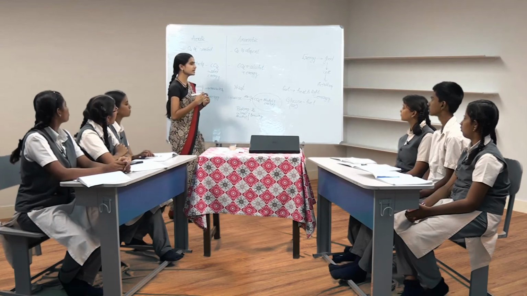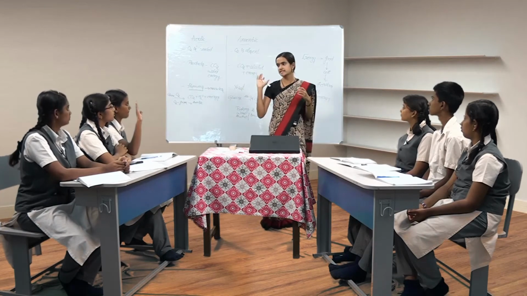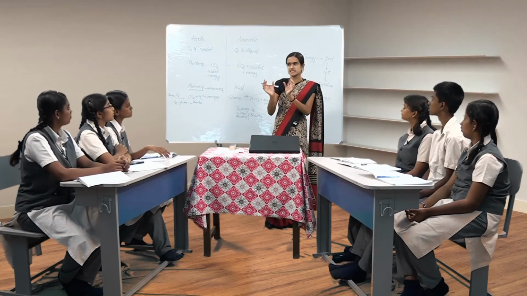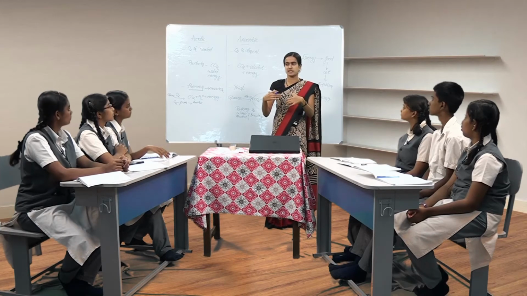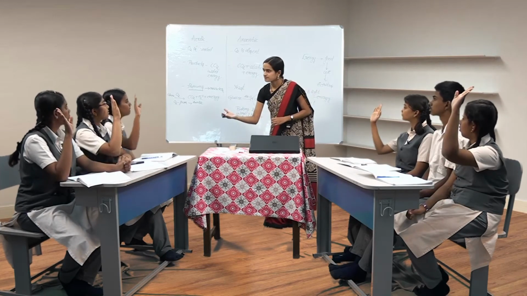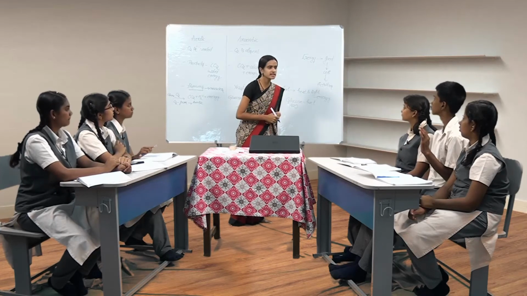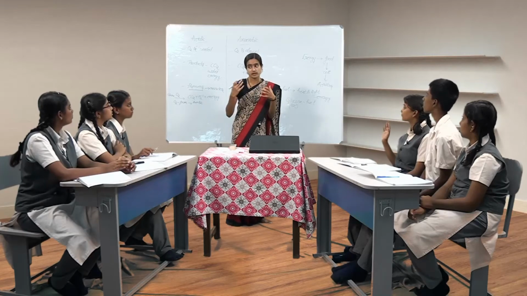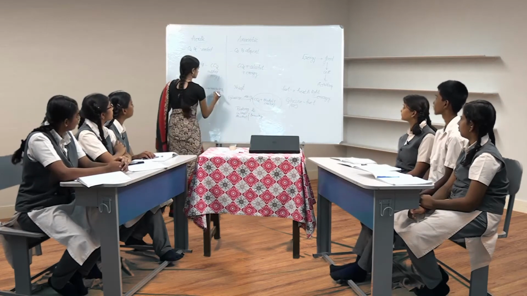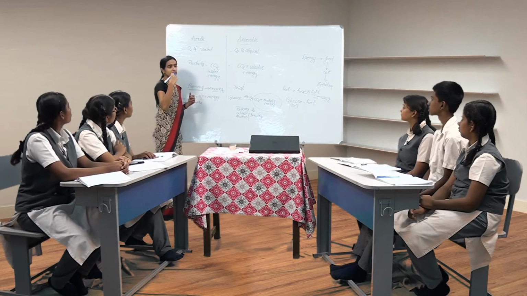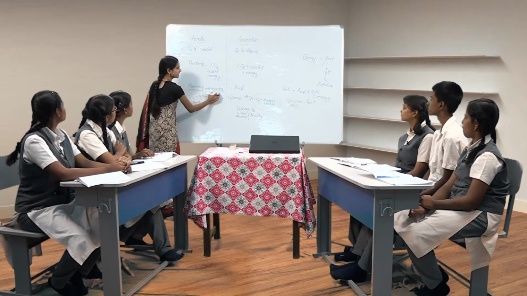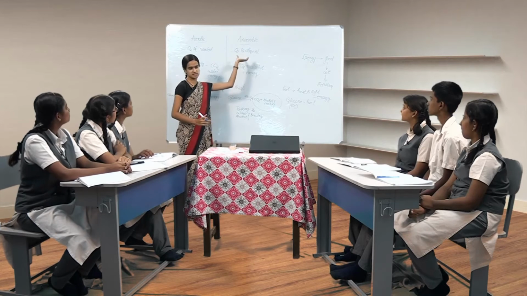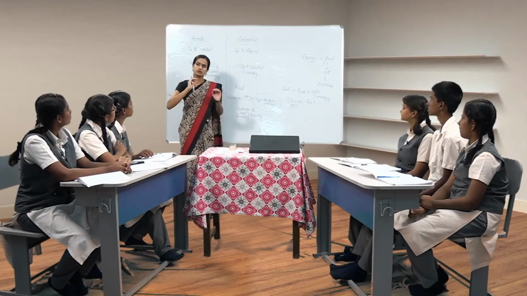Usually in our body all the cells undergo cellular, that is aerobic, respiration only. Only in certain places do cells take up anaerobic respiration. Where do you think it happens? Ma'am, when we exercise a lot. Okay, she's telling that when we exercise a lot, our cells undergo anaerobic respiration. What is happening actually? Ma'am, we are tired. We are tired, so we don't get that much what? Oxygen. When we are overworking ourselves, we do not get that much oxygen into our body. So at that time, our muscles have to undergo anaerobic respiration, that is with very little oxygen or without any oxygen.